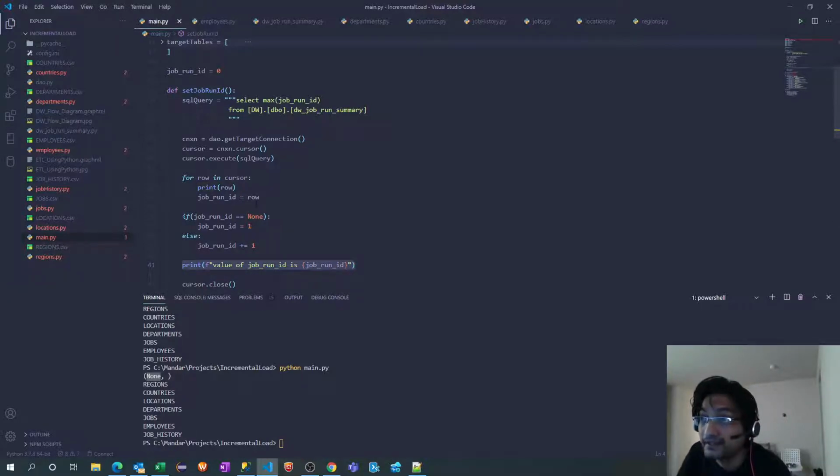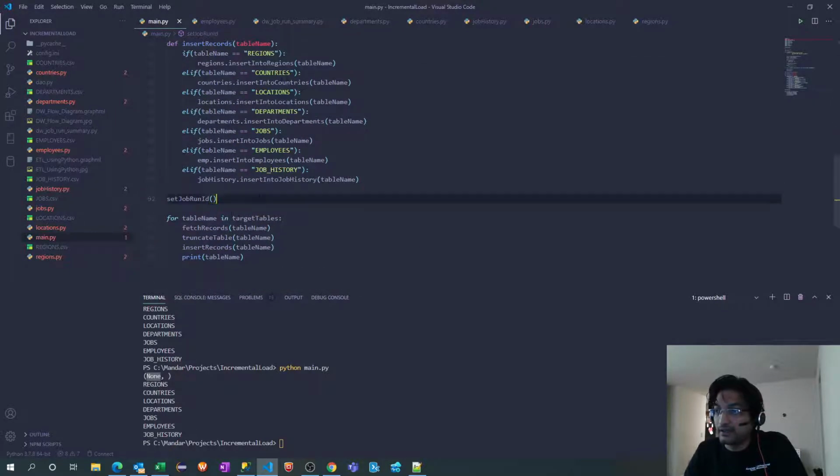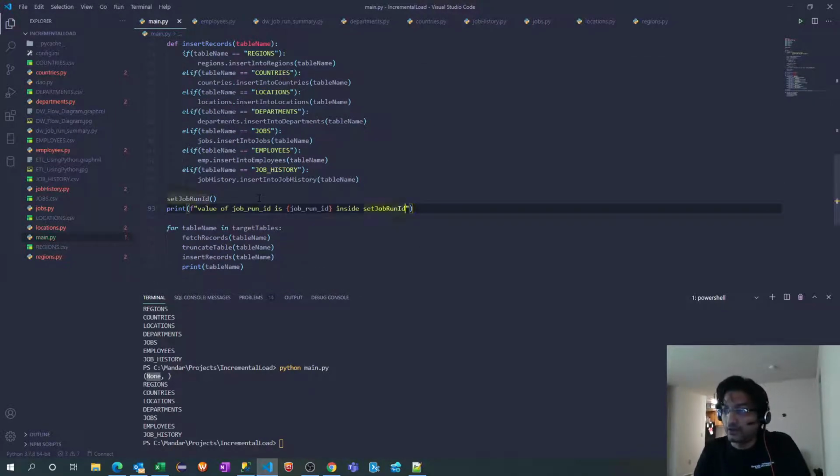We are printing that inside job run ID, and we'll also print that same value inside set job run ID. Let me copy this and print it after this function call. Okay, let's run it again.